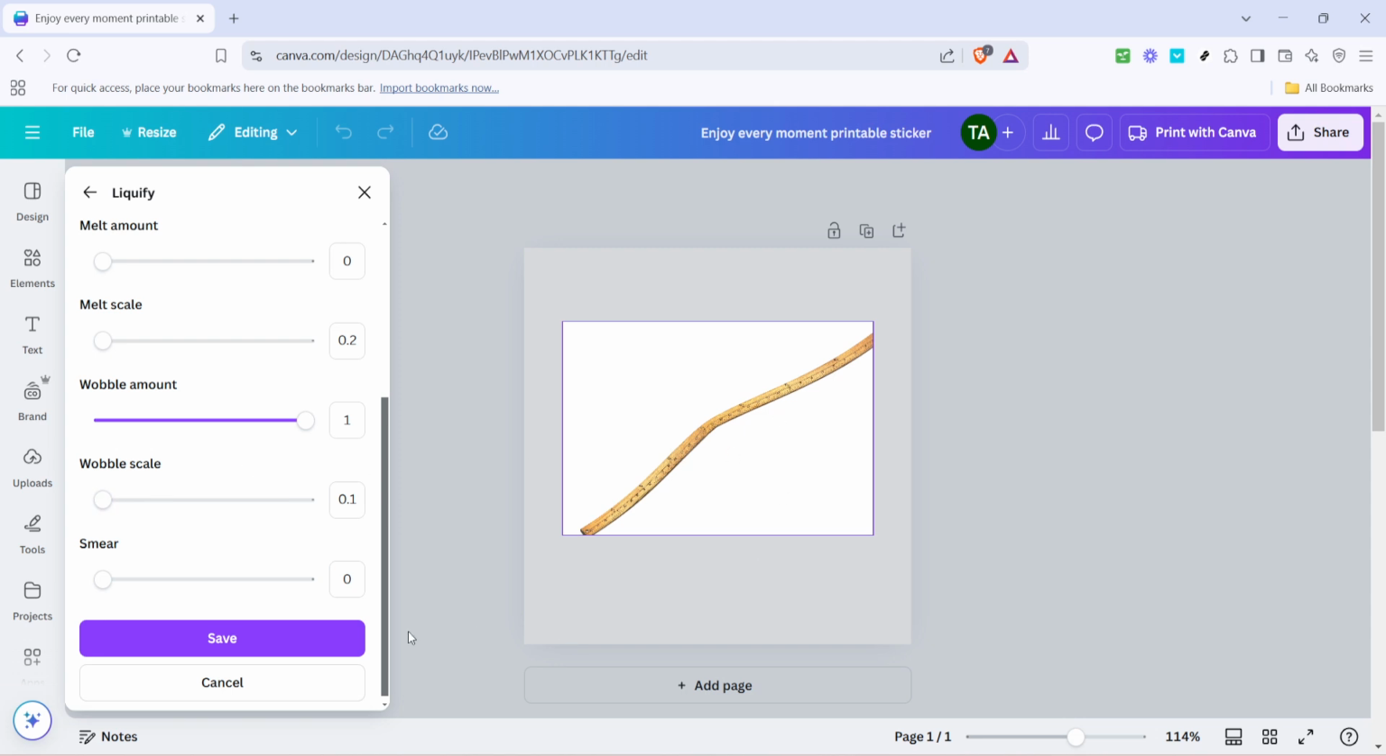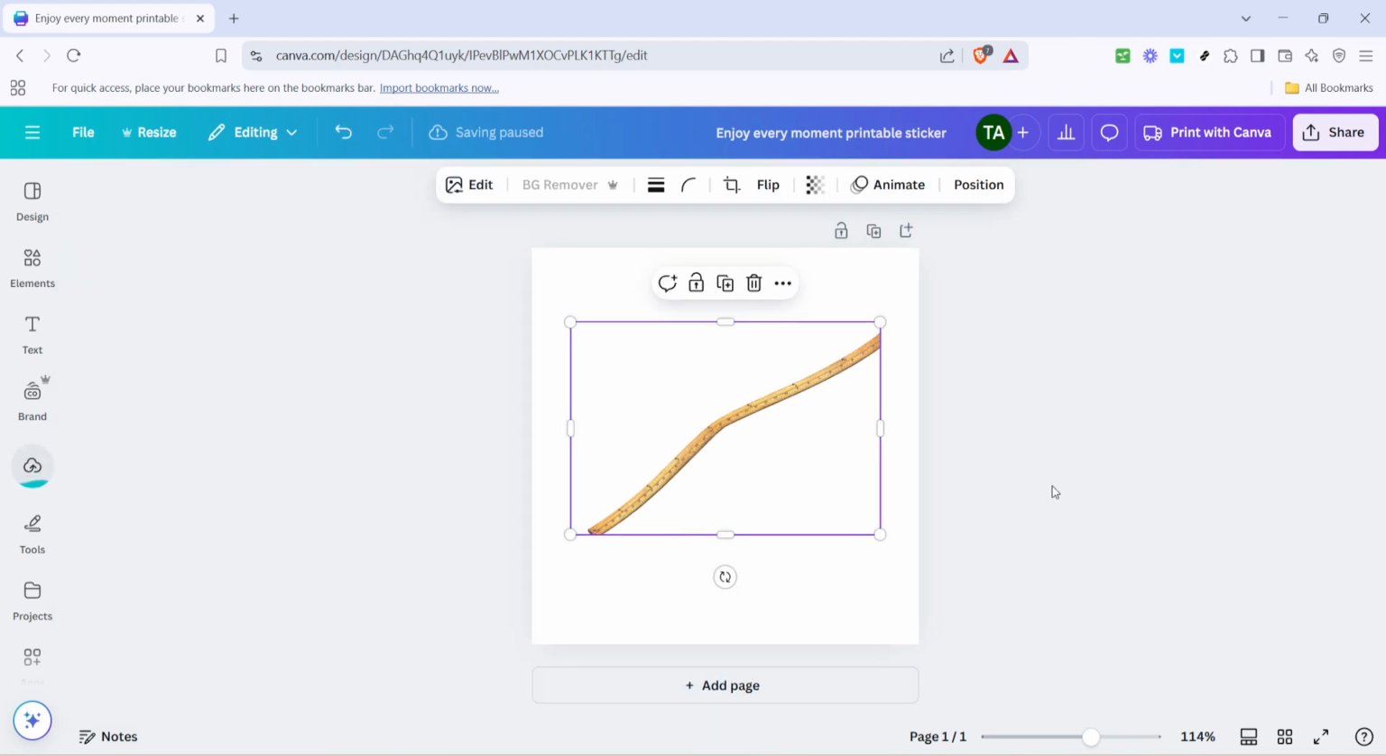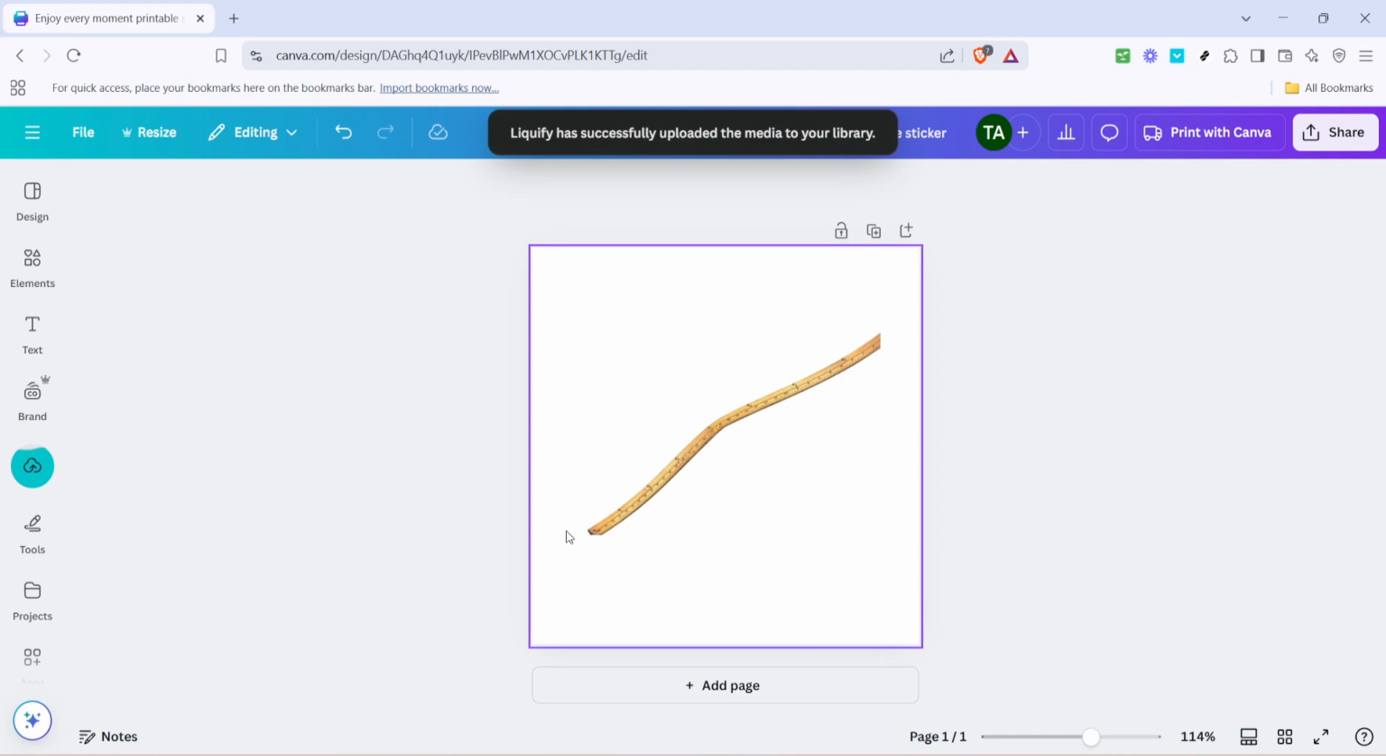Once you're satisfied with the adjustments, it's time to save your work. Look for the Save button and click it. This will apply the changes to your image and embed the updated visual into your Canva project. And there you have it. With these steps, you've successfully created a unique bending effect within Canva, enhancing your project with a touch of creativity